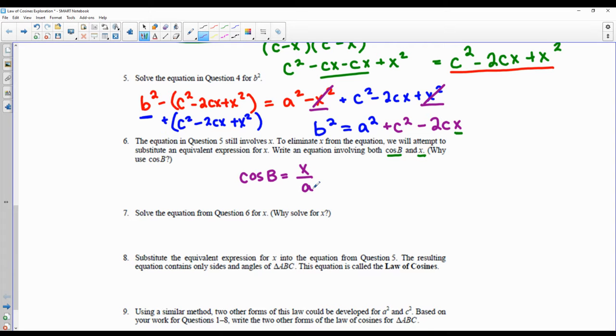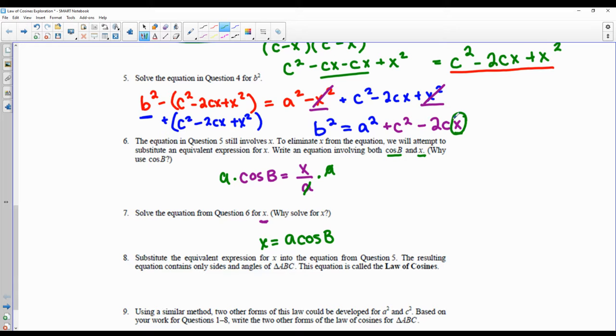All right. Now they just want us to solve for x right here. We just want x by itself, not x divided by a. So let's just multiply both sides by a. That way it's gone, and we just have x is equal to a times the cosine of angle b. All right, now guess what? We have pretty much done everything we need to do, because we've now found a value for x that involves sides and angles in our original